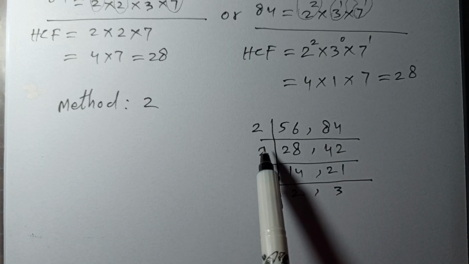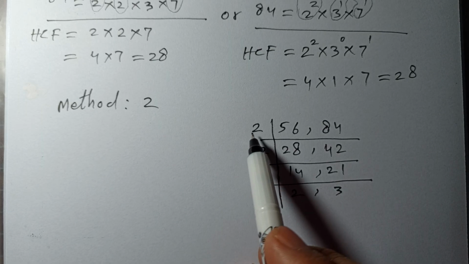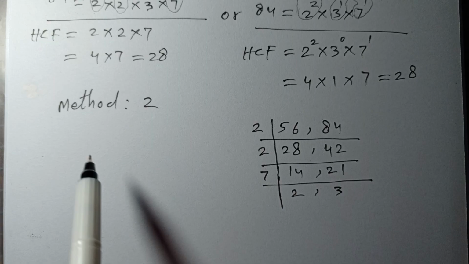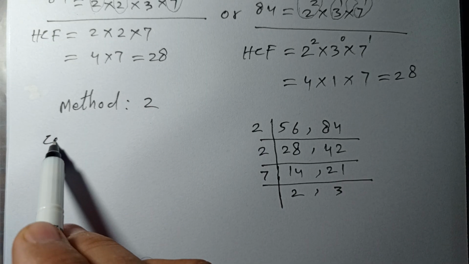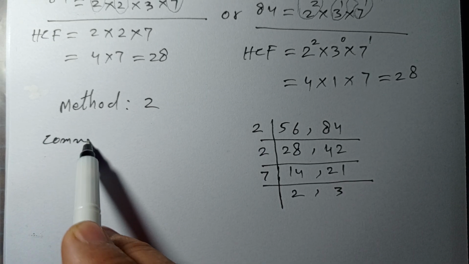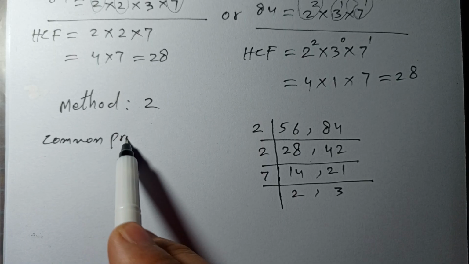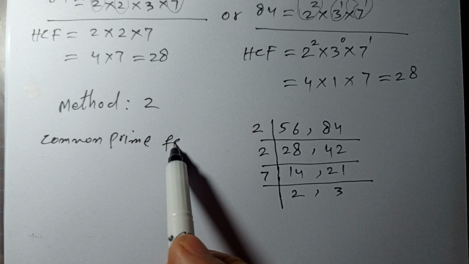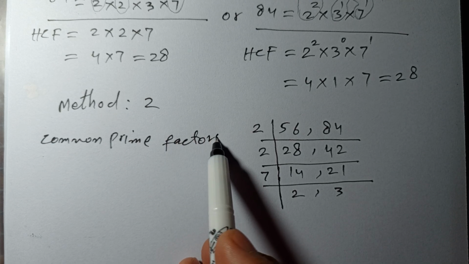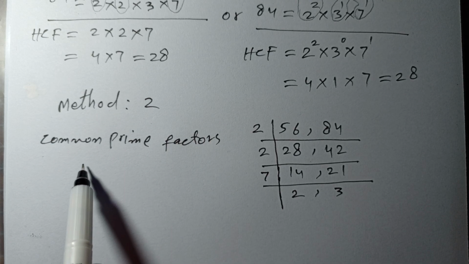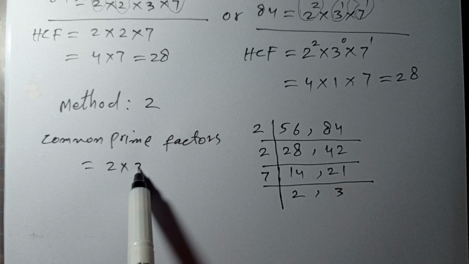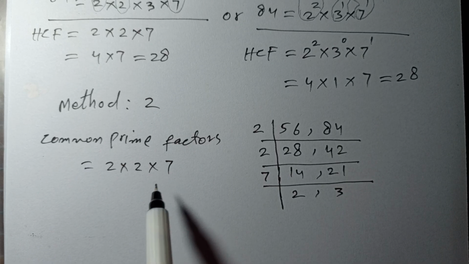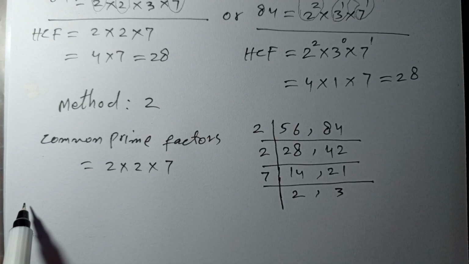So these are our common prime factors: 2, 2 and 7. Common prime factors. Now the common prime factors are 2 multiplied by 2 multiplied by 7,